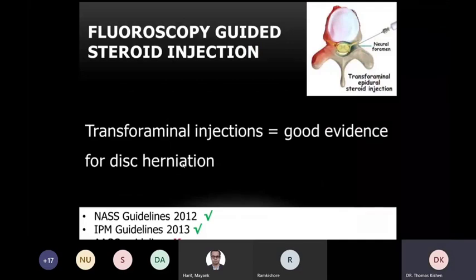Fluoroscopy guided steroid injections are an excellent option for lumbar disc herniations and give nearly immediate relief. We looked at our series of patients who had lumbar disc herniations. We give them a lumbar disc nerve root block very early, usually in the first or at most the second visit. And we looked at the temporal pattern of reduction in pain, and we found that there is a 70